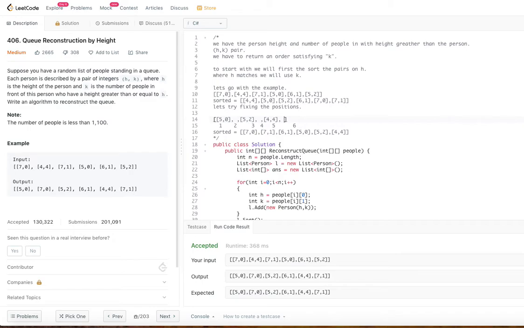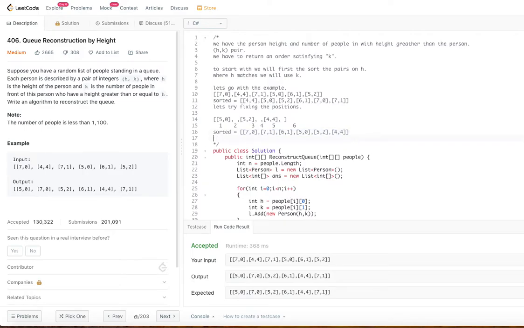So for that purpose, what we are going to do is sort the elements in descending order, right? We do the same thing, sorting, but in descending order. So what we are going to do is reverse those elements. I already reversed those elements here. So now let's try to work it out, right?